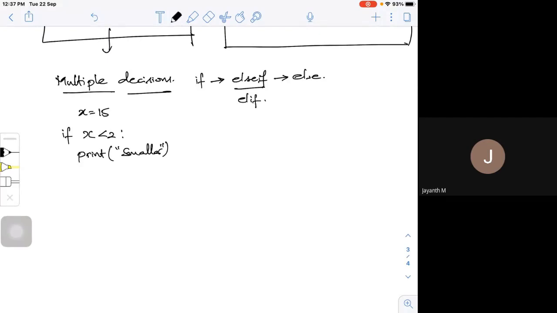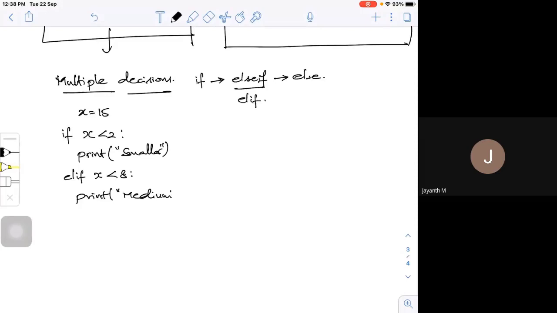Suppose if it is no, I have to do multiple checks. One more check I'll put, which is else if, that is elif. I'll check whether x is less than 8. Then I'll print medium, a number between small and large.